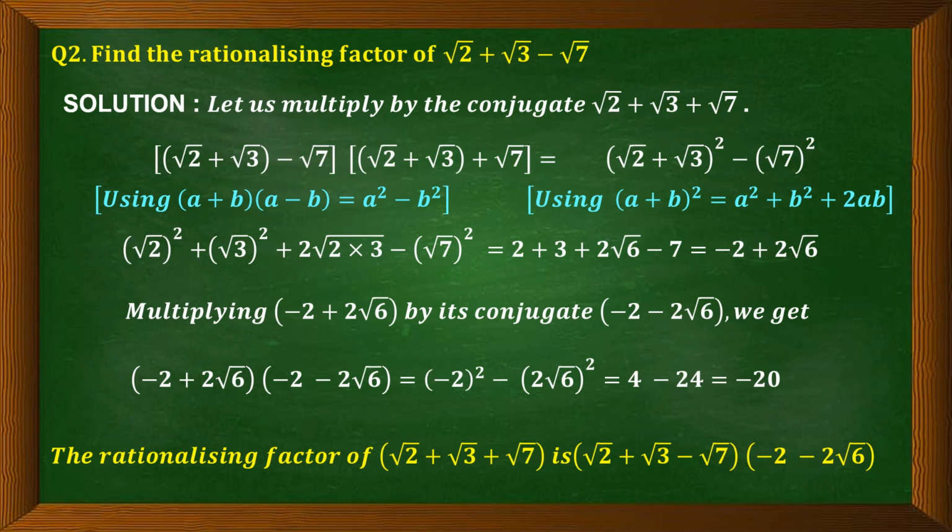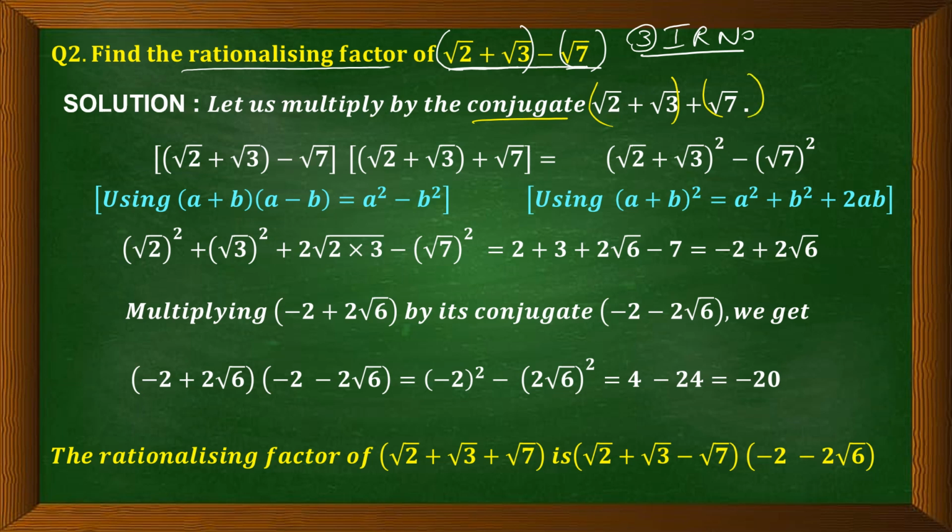Now question 2 is also similar to question 1. Here also we need to find the rationalizing factor of root 2 plus root 3 minus root 7. Now these are the three irrational numbers which we have to simplify by rationalizing and convert into a rational number. For that we require a rationalizing factor, or we can say conjugate. To solve this, let us combine them together, so that two expressions are combined with a minus sign. Only one mathematical operation is now there. So now its conjugate, we can say, is the two expressions combined with a plus sign. Minus has become plus.